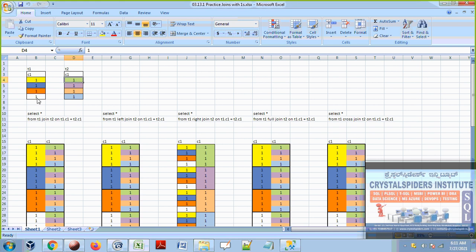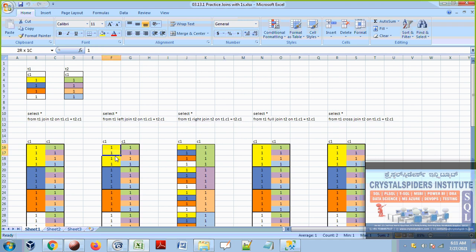It is matched with all these fours. And then go to the next record and try to match. This is matched with all these, and then go to this record and it matches with all these, and then go to this one and match with all these. See now here, guys, it is showing the difference between left join and right join.